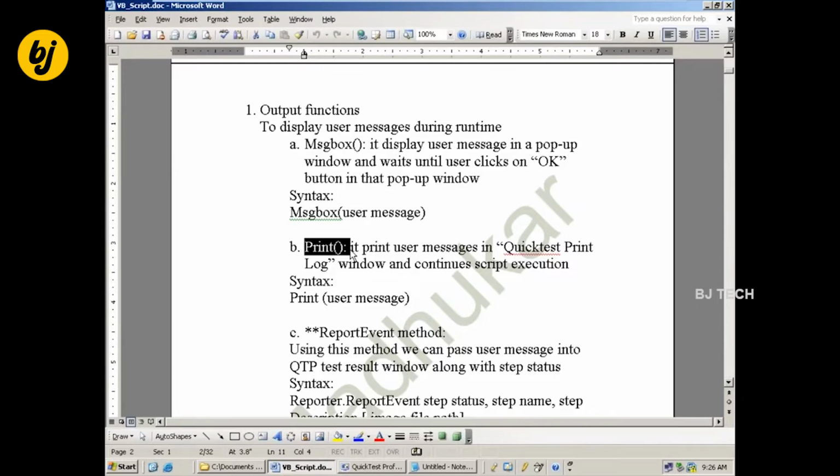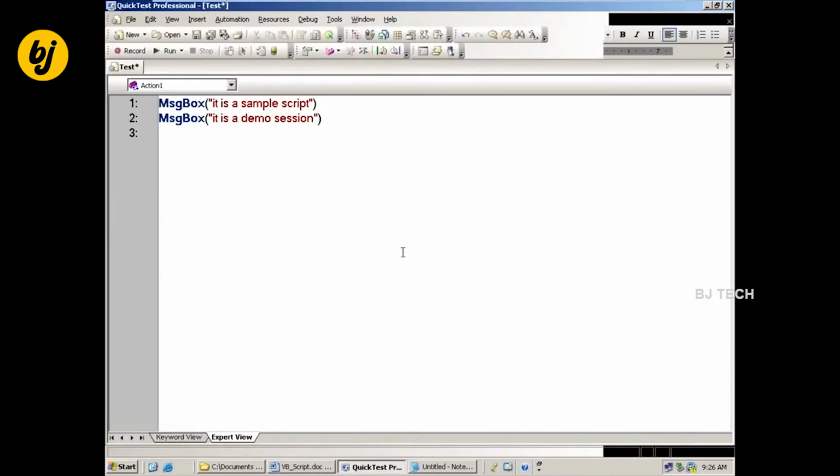It will print the user message in the QuickTest Print Log window. Syntax: Print of user message.